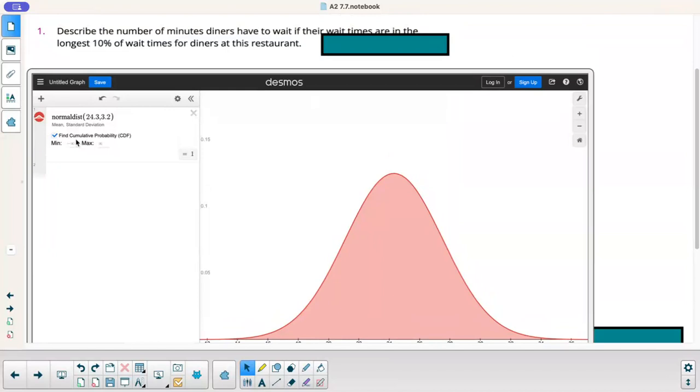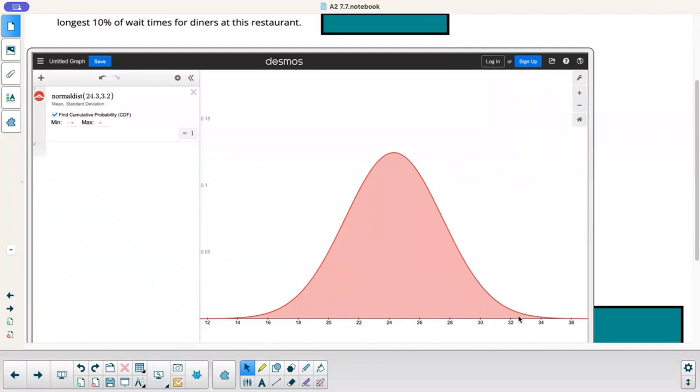So 10%. Describe the number of minutes diners have to wait if their wait times are in the longest 10%. So we're really looking for 10% of the area over here. I'm not going to change the infinity, but I'm going to just play around with this number. 30, not enough. 28, too much because that's 12%. So maybe like